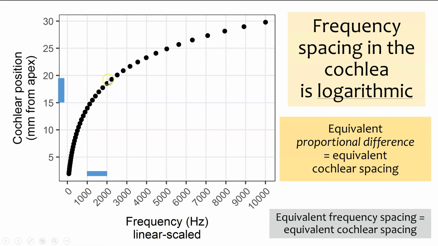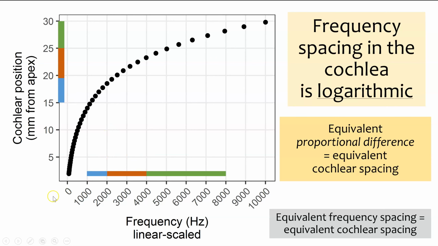And then at 2000, it intersects just before the 20 mark. And then for the next doubling, right, we're going from 2000 to 4000, we again have about 5 millimeters of space. And then for the next doubling from 4000 to 8000, we have another 5 millimeters of space. So what we're seeing is not that millimeters refer to a specific number of hertz, but they refer to a